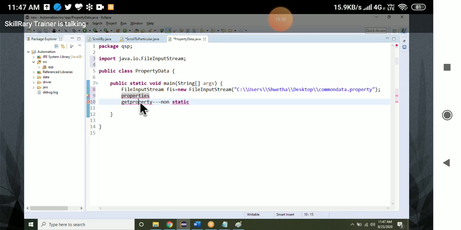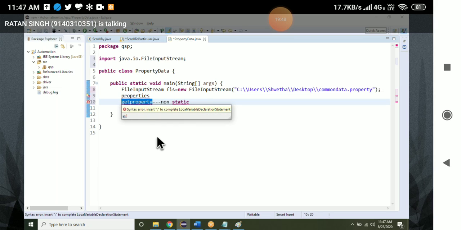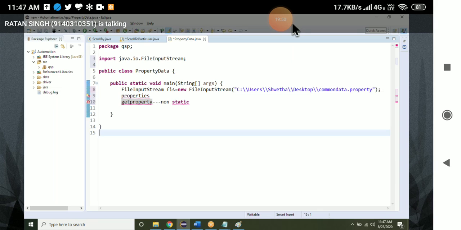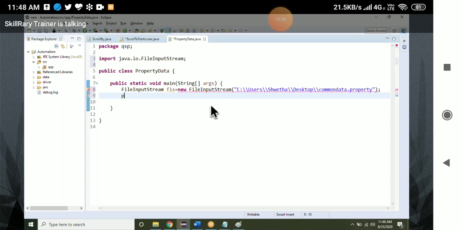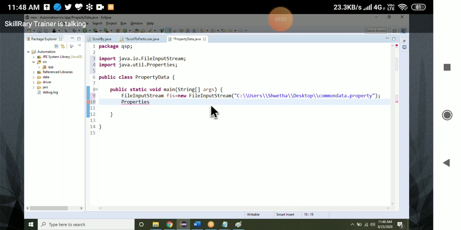Now, how do we call this getProperty method? I told you it is a non-static method present in the Properties class. So create an object of the Properties class: Properties p = new Properties().